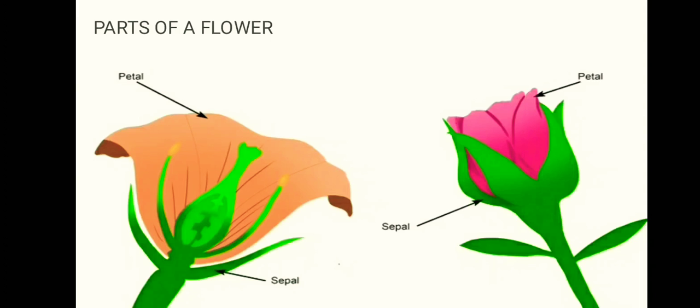Now let's come to the next part of a plant, and that is fruit. Children, you must have eaten many kinds of fruits. Can you name a few of them? Yes, mango, apple, pomegranate, papaya, oranges, grapes, bananas. So these are different kinds of fruit. So why should we eat fruit? We should eat fruit because fruit keeps us healthy. They provide us vitamins and minerals. Right? So daily we should eat fruits.